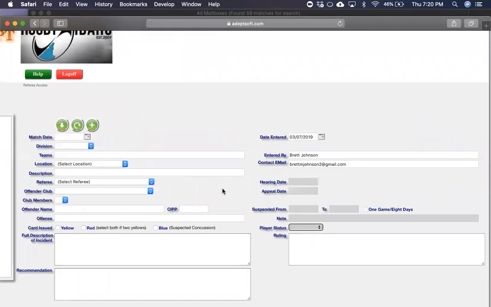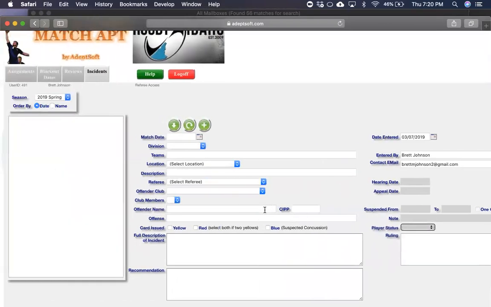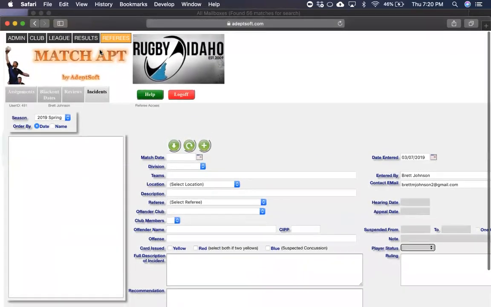The judicial committee, this right side of the screen pertains to them, so they can mark in when the hearing for the red card was, and if there's an appeal, they can add the suspension. So that'll all be in there. Let's go back to referees. So if we just click on the referee tab